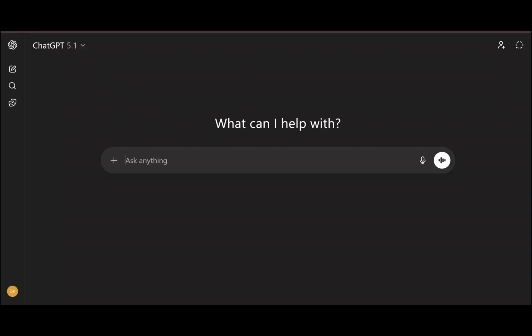So here on the screen, you see here, this is my interface for ChatGPT. This is primarily what I use. It's not the only thing I use, but it is the primary AI model that I use right now. So when you log into ChatGPT, you're generally going to get some kind of screen like this. I have it zoomed in quite a bit just so that it's easier to see here on the screen.